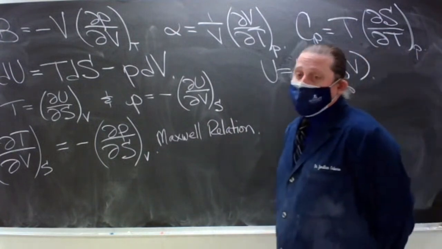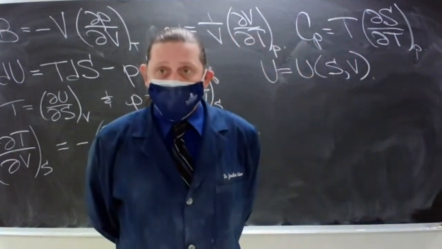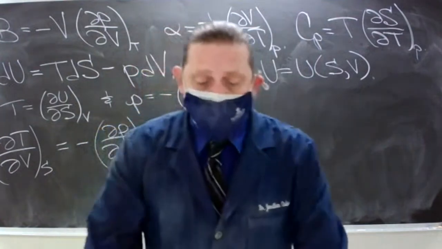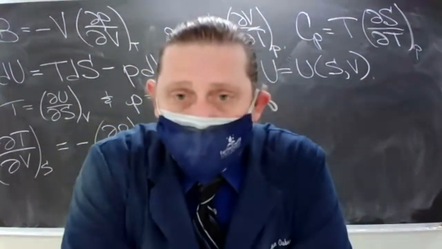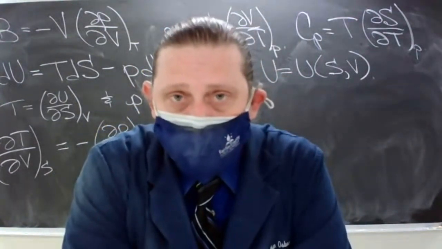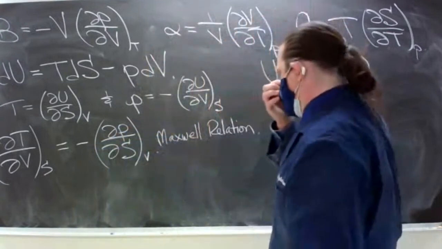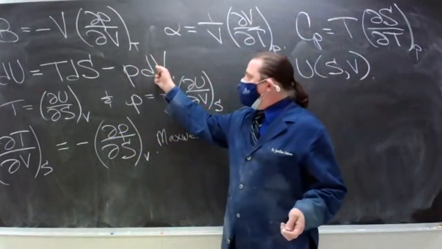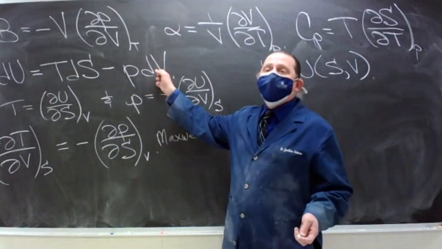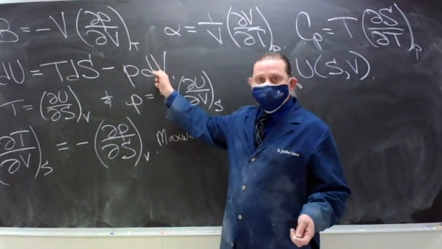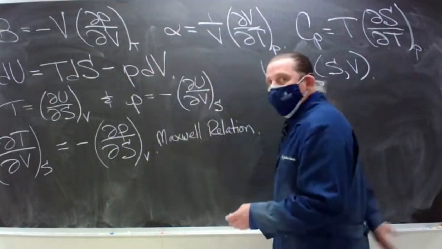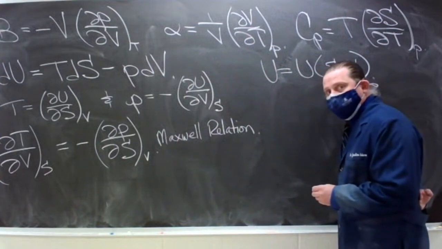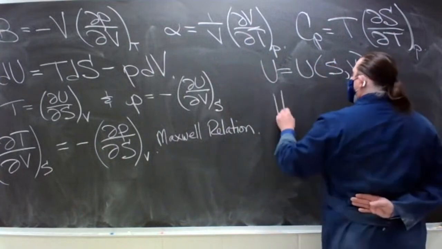And the answer to that question is yes. Yes, we can. What we're going to do is something called a Legendre transformation. The pressure and the volume are canonically conjugate. We can switch which one is the appropriate variable by